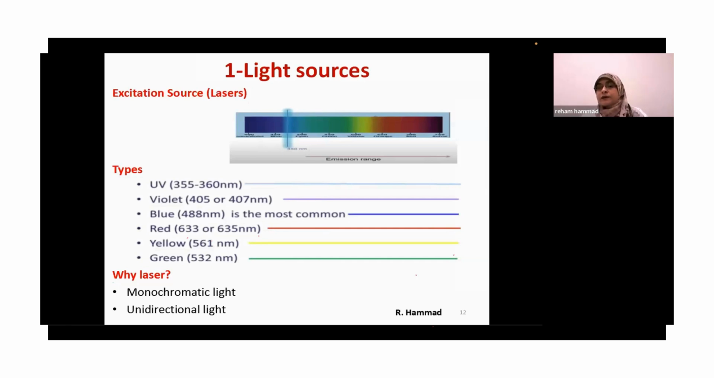Laser has two specific characteristics that we need to put in mind. It is monochromatic, it has a specific wavelength, and it is unidirectional. So if you open the source of the light, it is going to move in one single direction unless it meets an obstacle. And in our case, this obstacle is going to be the cell that we want to examine. So we use the laser because it is monochromatic, it has a specific wavelength, so I can stimulate a specific type of fluorophore, and I know